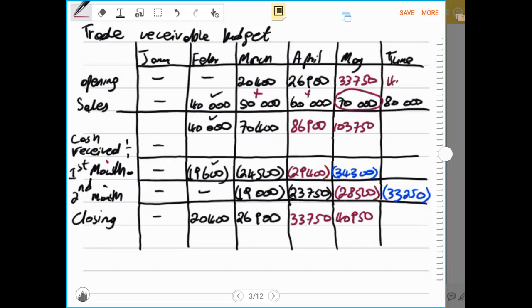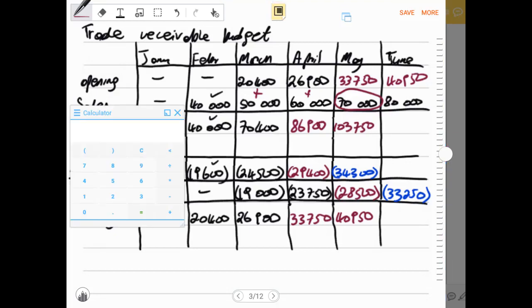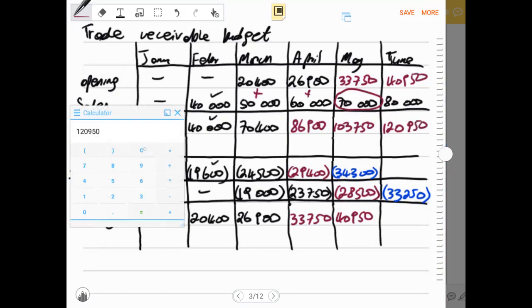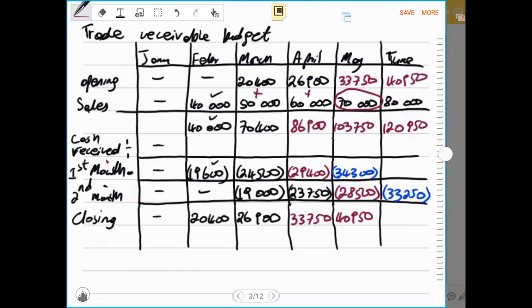And it will be 40,950. Then now we just close this budget before the last budget. 40,950. Then we say plus 80,000. This gives us a total of 120,950. Then I will say, okay, out of the sales of 80,000 for the month of June, half of that